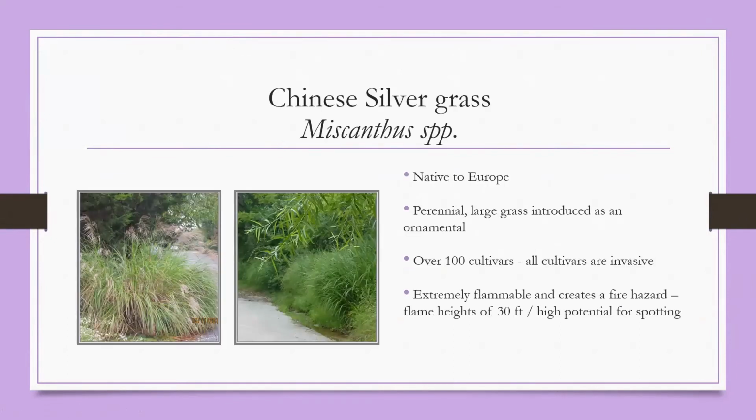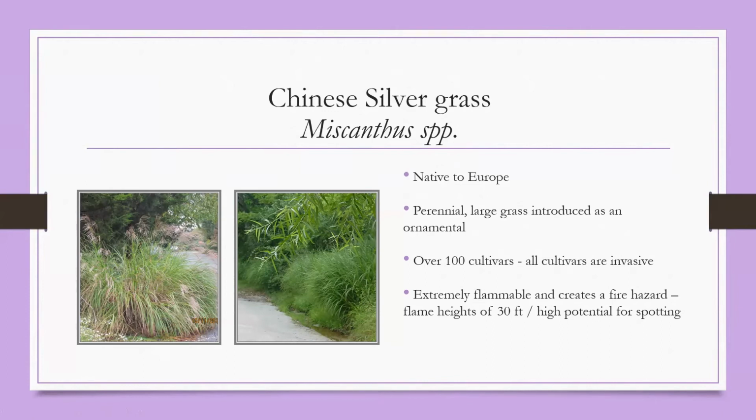So this next grass has a lot of different names and a lot of different species. Sometimes it's called maidenhair grass, Chinese silvergrass, Amur silvergrass. There's one that's striped like a zebra, but they're all Miscanthus species. They're very popular in the landscaping because they're quite showy, they get quite large, and people like them for privacy.